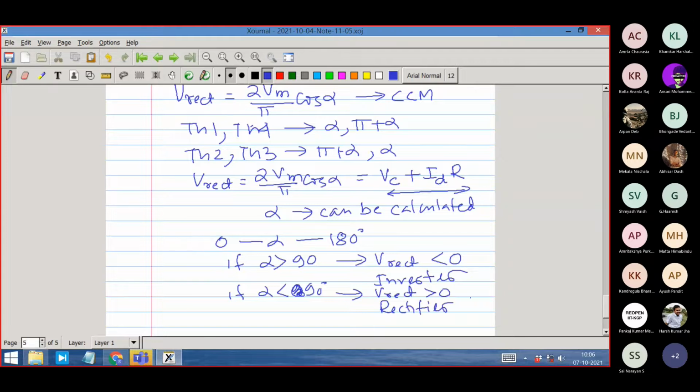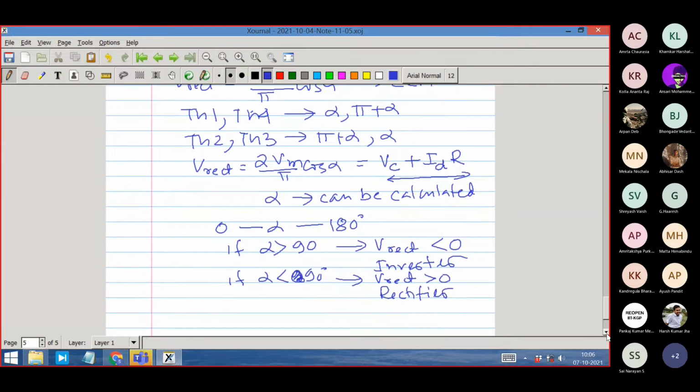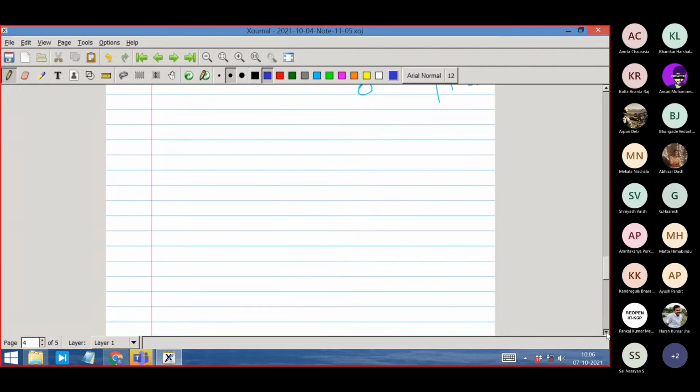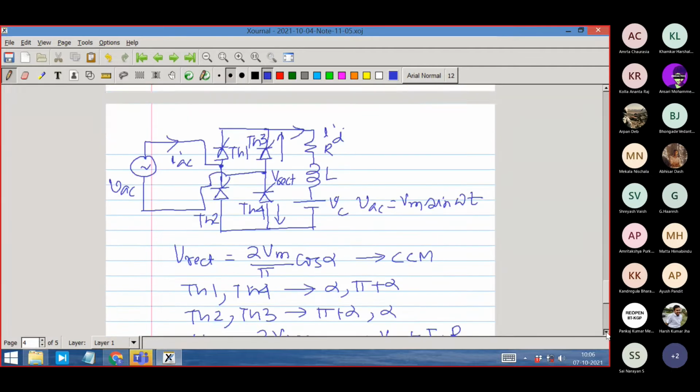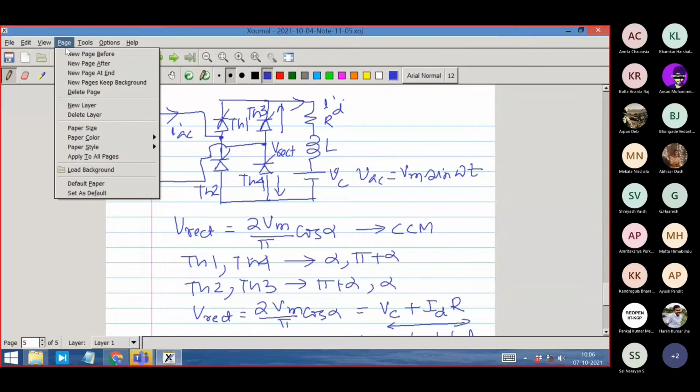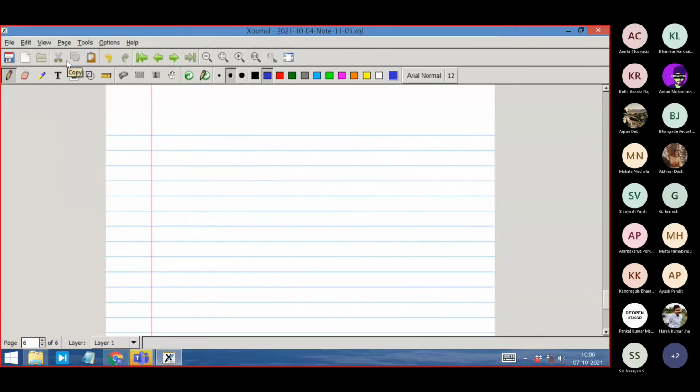So I will tell you a little more about it so that you understand it better. But let's sketch a few currents here, which will give you some physical idea. So let's sketch some currents by taking a new page. First thing is that let me draw a scale. Let me draw the sine wave here. This you can think as VAC.